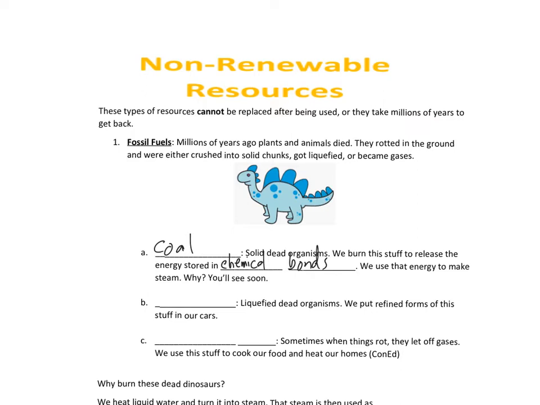We're going to talk a little bit about why steam is essential for us to get electricity in just a sec. But another source of this non-renewable fossil fuel energy besides coal is petroleum. And petroleum is a fancy word for crude oil, and that crude oil can take several different forms. Petroleum itself can't be used very well to burn and release energy. We actually have to refine or distill petroleum, where we boil it and separate the different parts of it